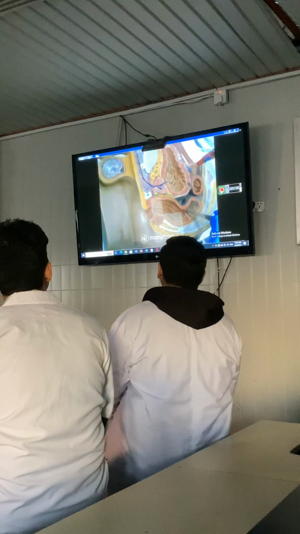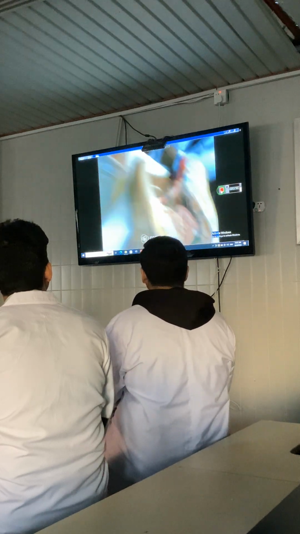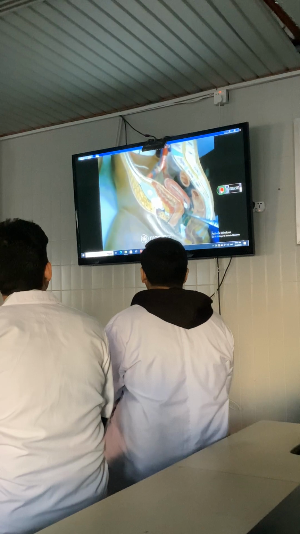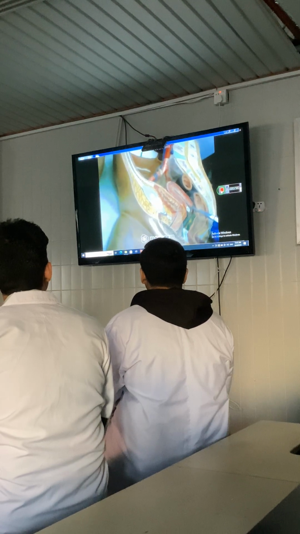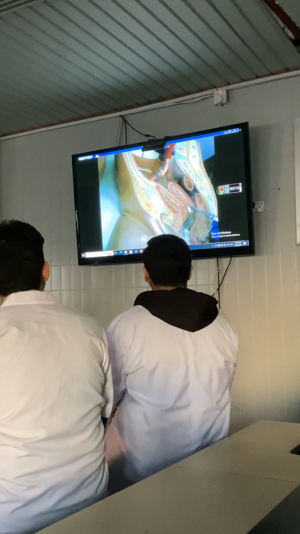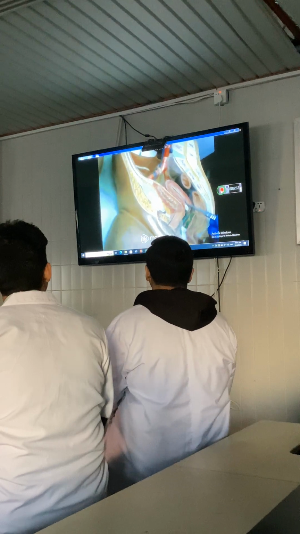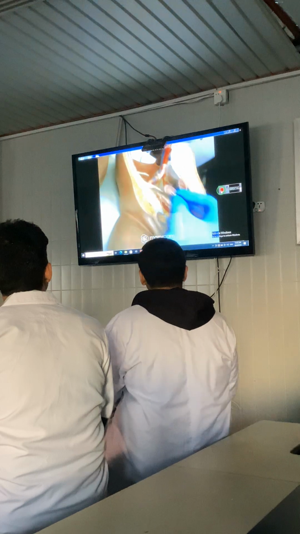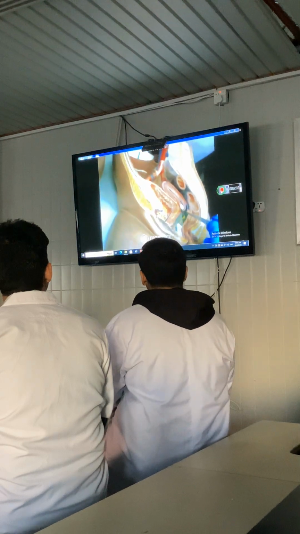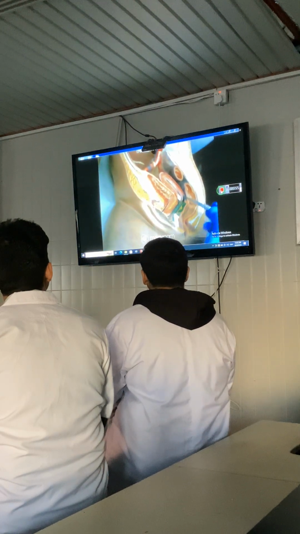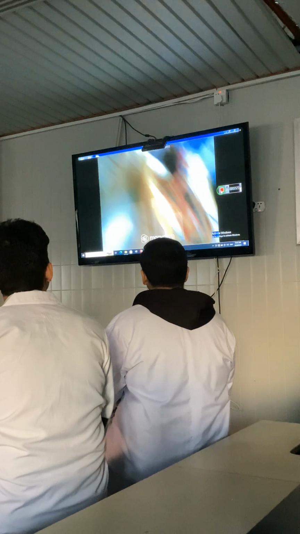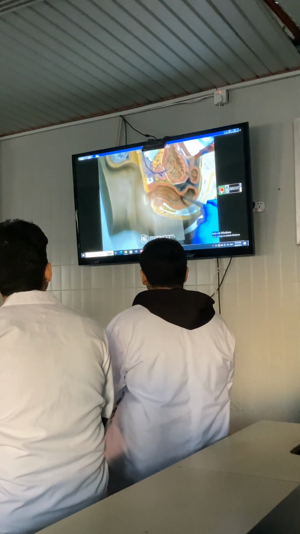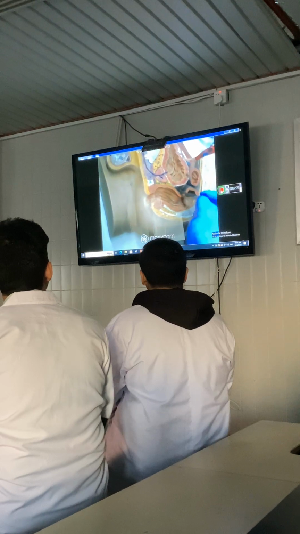This is in male. In female, the base of urinary bladder is related posteriorly to the vagina and the lower part of the uterus, which is the cervix of the uterus. So the apex is connected by the urachus to the umbilicus. The base is related posteriorly to the vagina and to the cervix of the uterus in female, while in male, posteriorly the urinary bladder is related to the rectum, separated from it by the